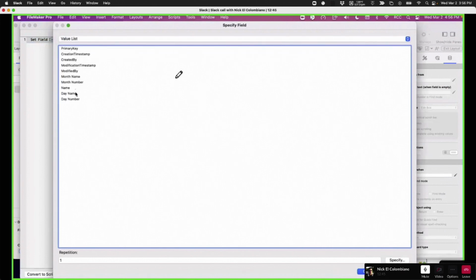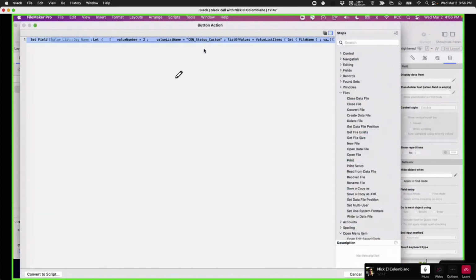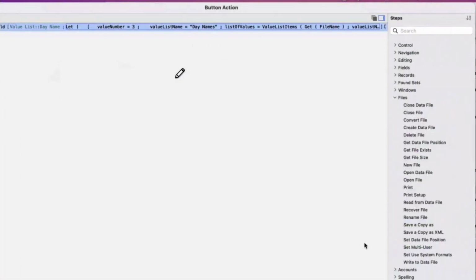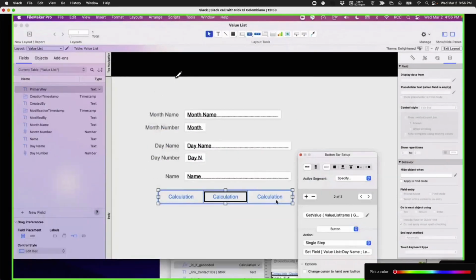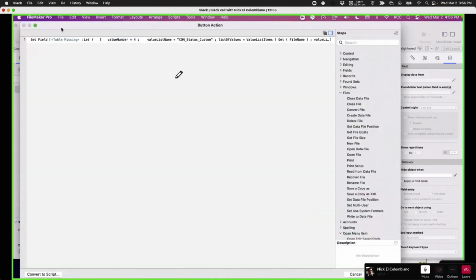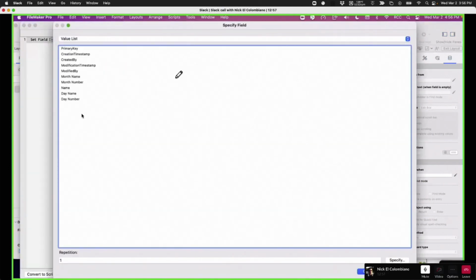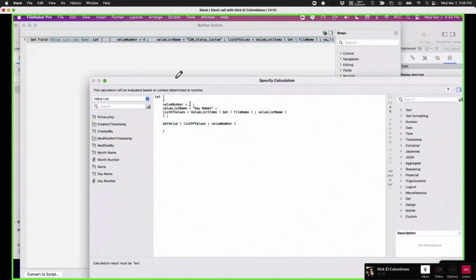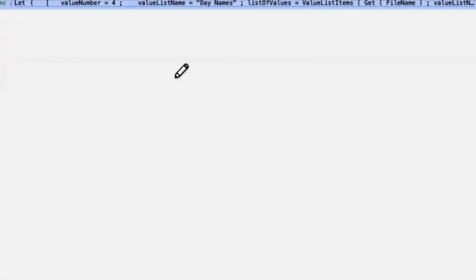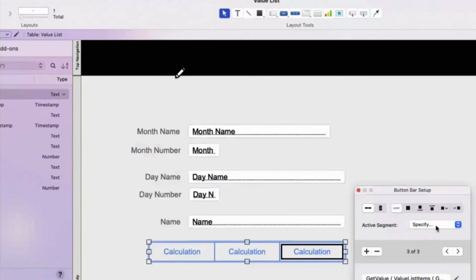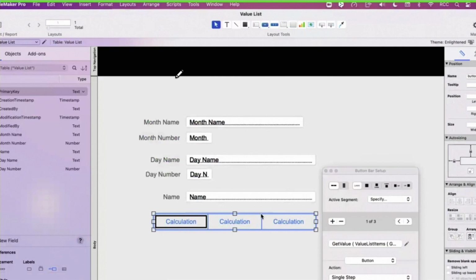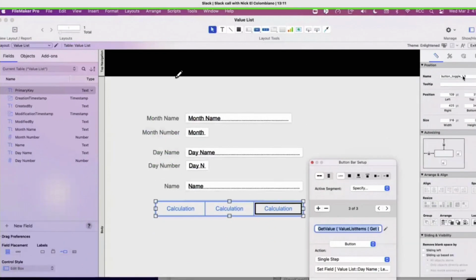You said, I want the day name and I want this calc and I want the third value, because you remember we start with the second one because FileMaker starts with the first. I want the day name on this value here. I want the number 4, right? And now, so this is 1, 2, and 3.